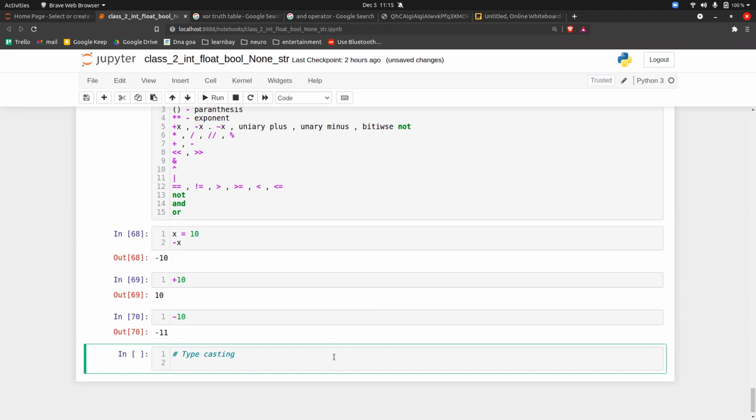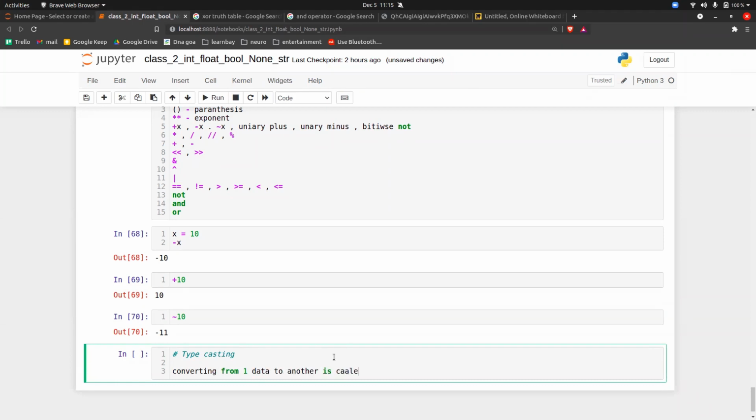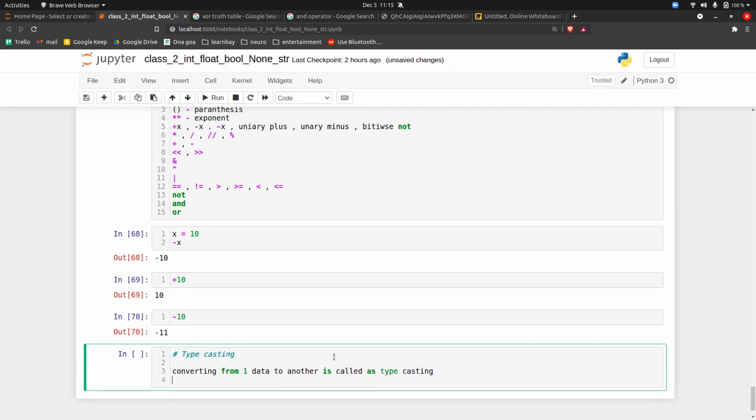you can do that with the help of typecasting. So let's try to see that. The definition is: converting from one data type to another is called typecasting. For example, let's try to understand this.